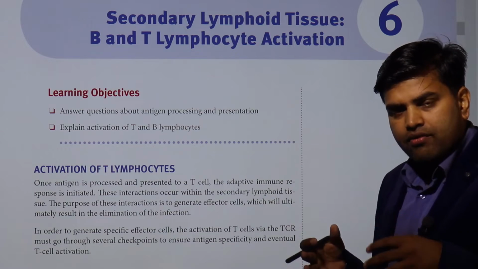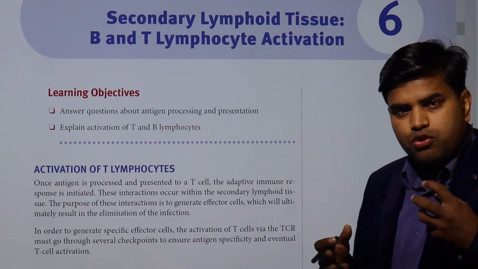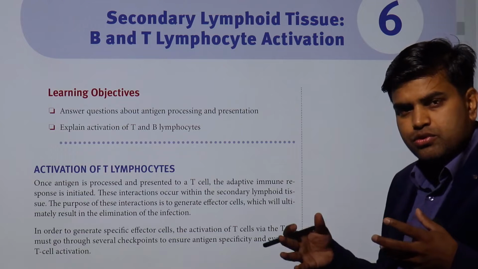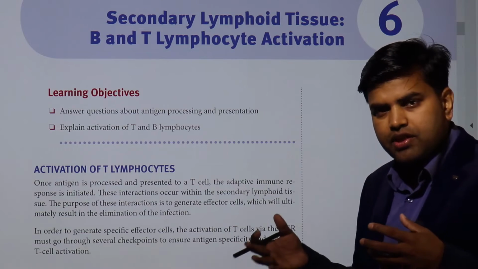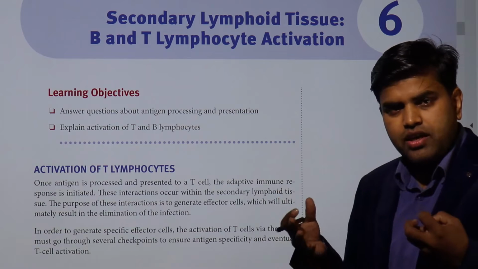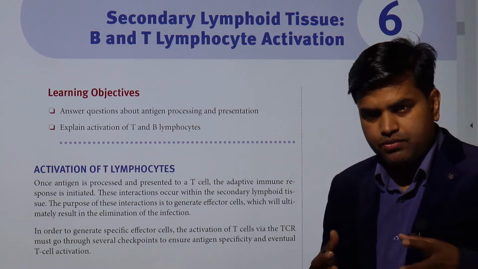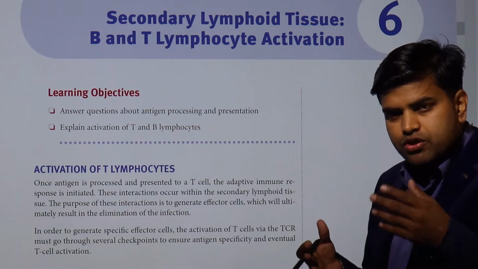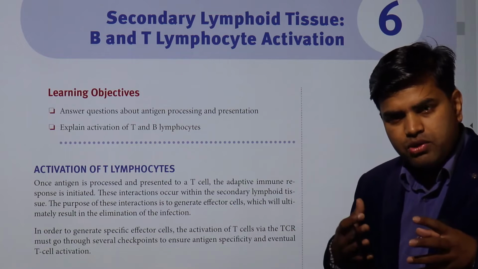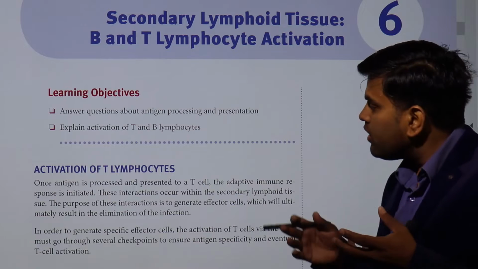But when inflammation begins, if the infection is not controlled initially by the neutrophils and macrophages, then the macrophages and dendritic cells will capture the antigen and move from the infectious site through the lymphatics to the regional lymph node. In the regional lymph node, they reach the paracortex region where the T cell is located. They go there and then process that antigen to the